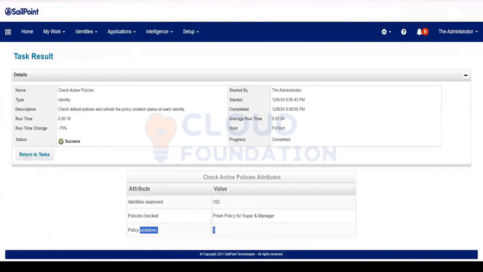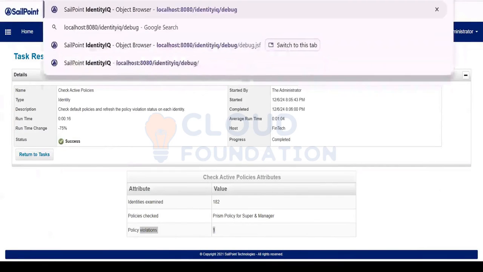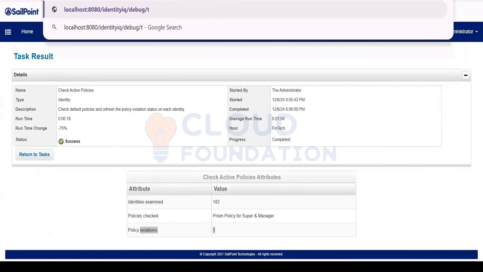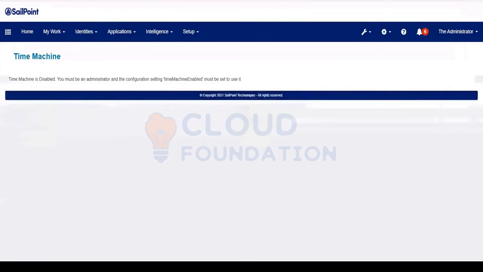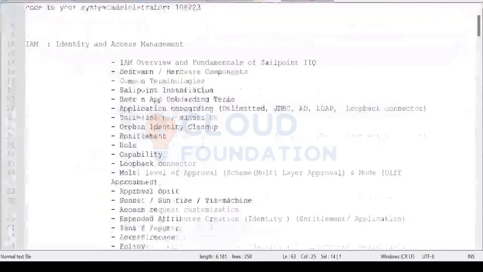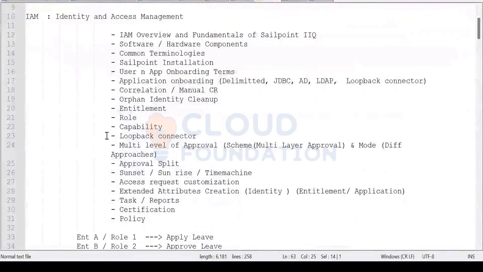Now I'm going to run the time machine. You guys remember, right? How to enable this time machine concept? Did we talk about this time machine or not? I think there were some UI configuration settings we have to change.